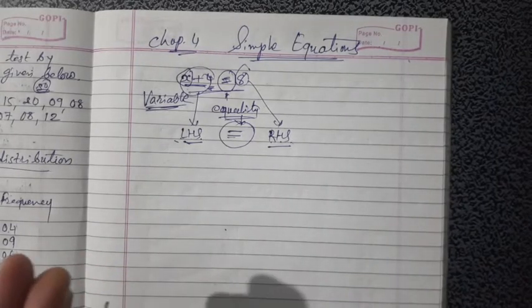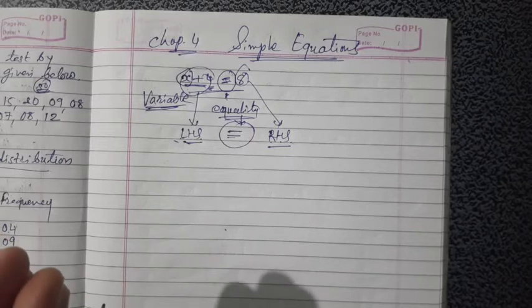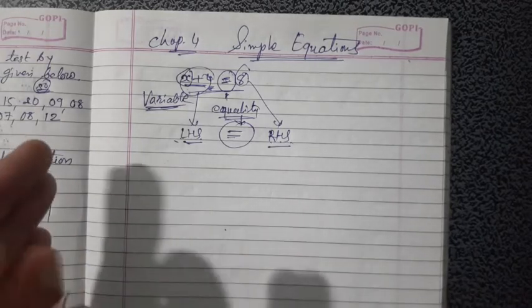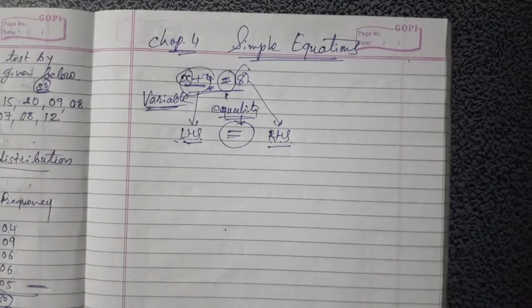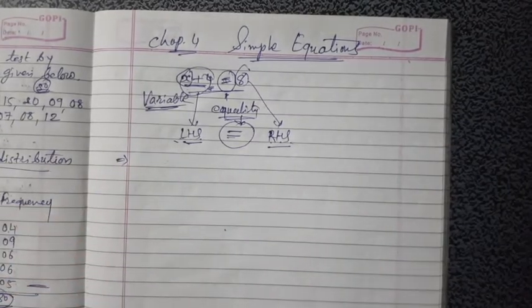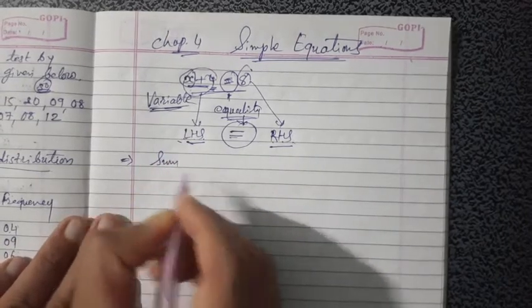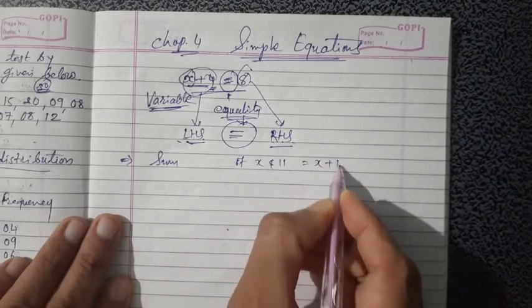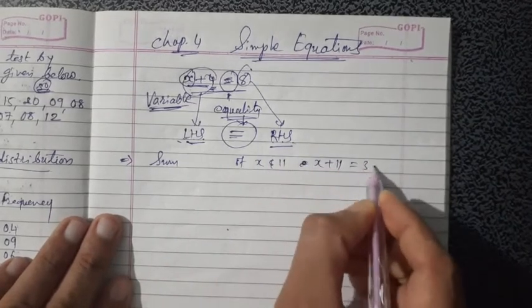Now sometimes you need to convert equations into statement form and statements into mathematical equation form. Sometimes some statements are given and you make an equation, like sum of x and 11 is 32. Okay, here what is given? Sum of x and 11, that is x plus 11, and the answer is 32.